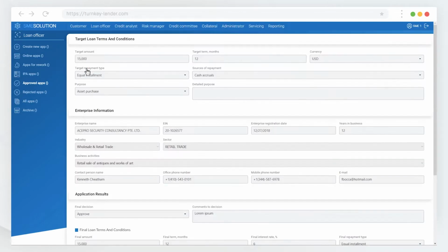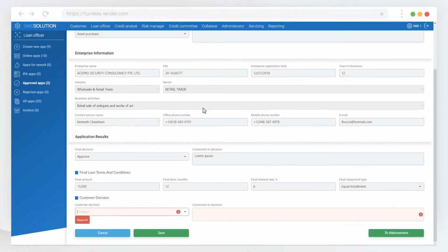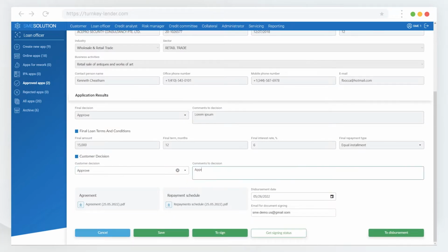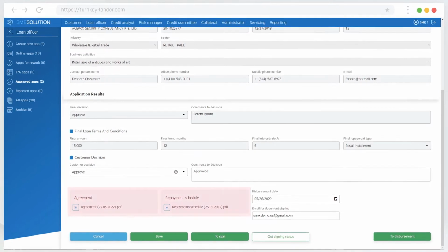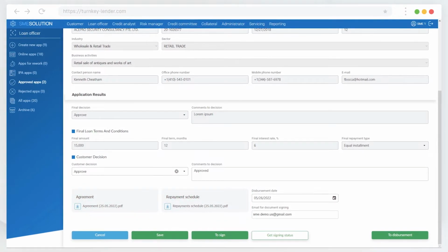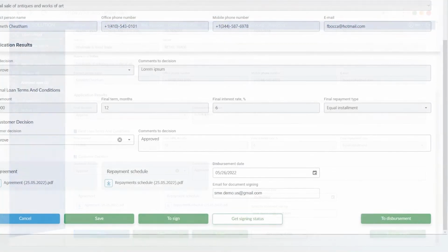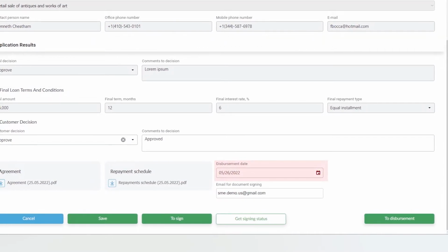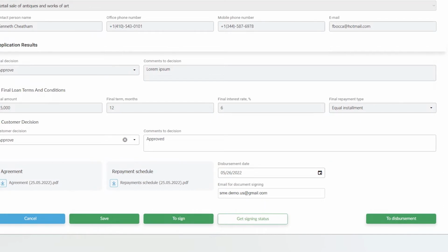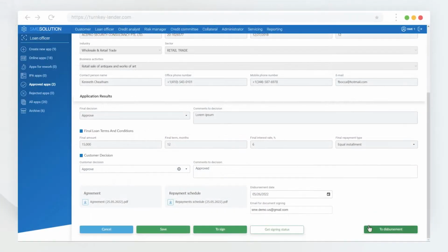Select the relevant application, choose either to approve or reject, and provide the comments. If the customer decision is approve, the system generates a set of documents, including the loan agreement and payment schedule. After the borrower gets acquainted with the documents, specify the disbursement day, and click the Disbursement button to send the